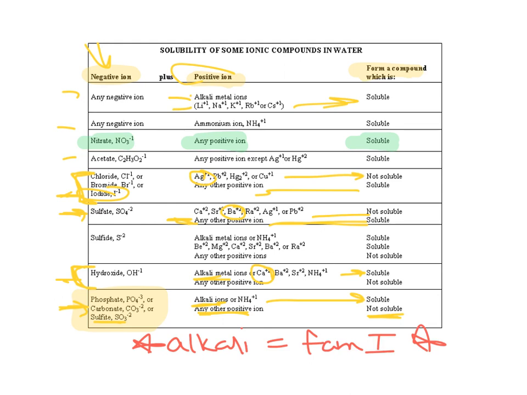Let's see, we've got to find chlorine on our list. Here we go, about in the middle. Zinc is not on the top line, so it's going to be our second line. It is... hydroxide, and lithium is an alkali metal, so it's going to be soluble. On our list,